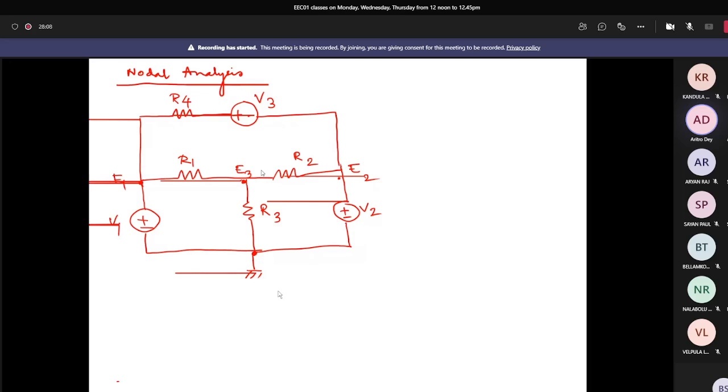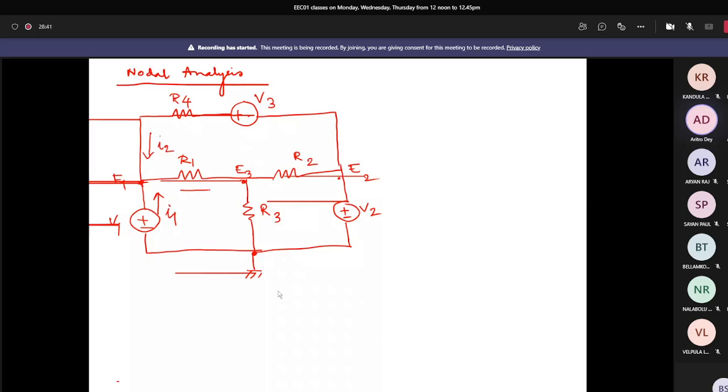So what will happen? There will be current through. We don't know actually the polarity. First, we have to assume it, and then after solving, we may find that we are getting the current I equal to minus 5 amperes. If we get that, it indicates our direction was not properly taken. So at each node we have to assume some flow of current. So let it be I1 here, let it be I2 here.